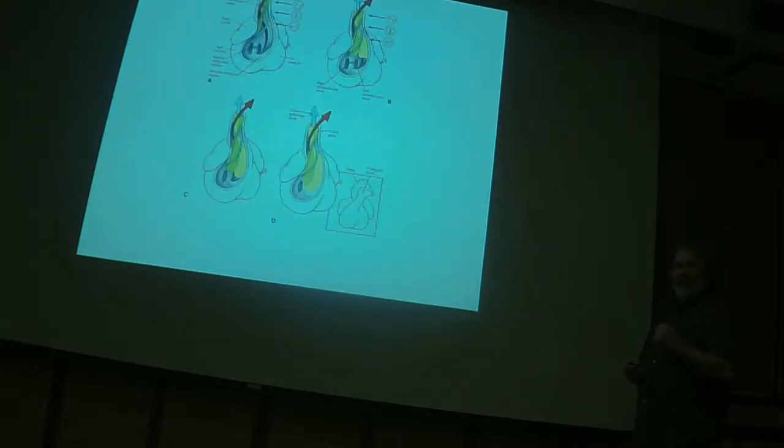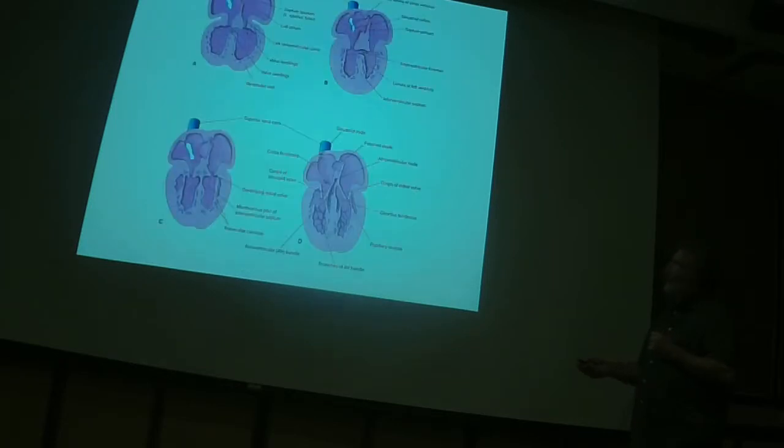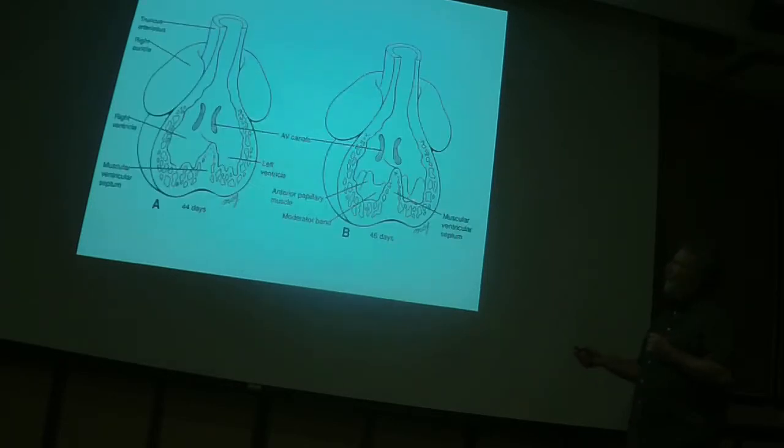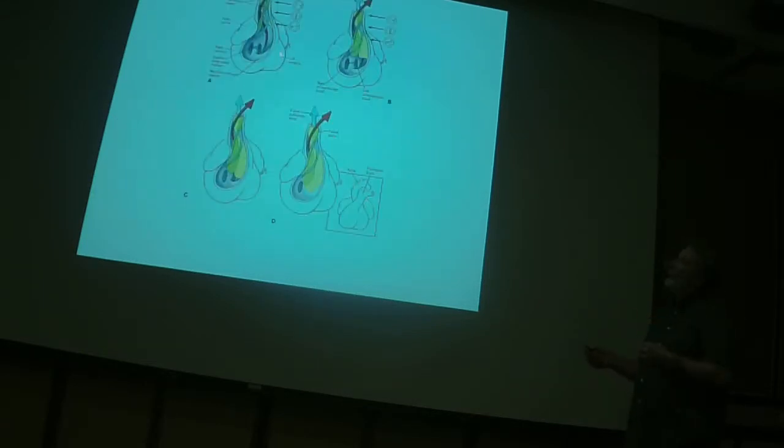Last septation event that occurs: all this time these ventricles are forming, this outflow tract here, the aorta and the pulmonary trunk, is a common tube. It's just one tube. So you have to separate that into a pulmonary trunk and an aorta. And the way it does that is through the generation of these spiral shells. So if you look at a cross section of this early stage,